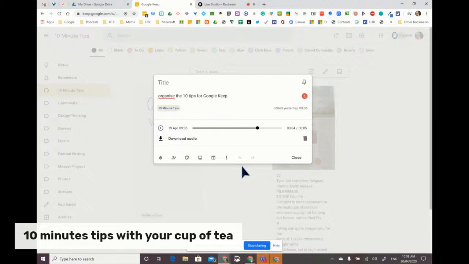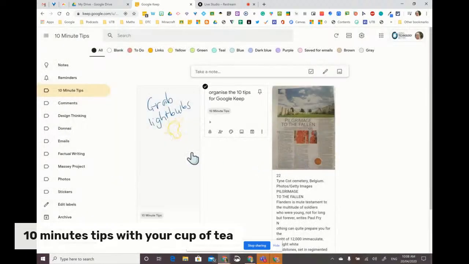And again, I did it on my phone, and it instantly appeared on my laptop. How helpful is that? Now, Google Keep also has a drawing option, so that works on the web and in